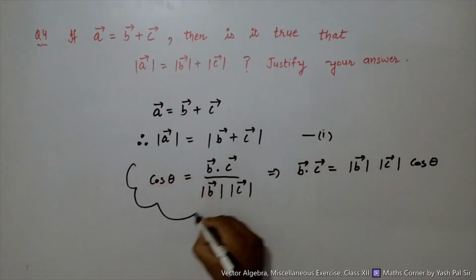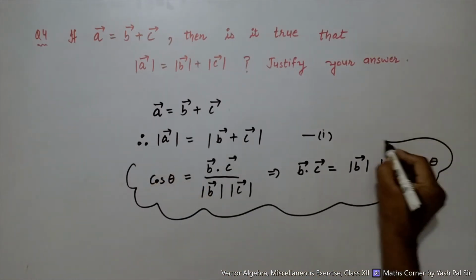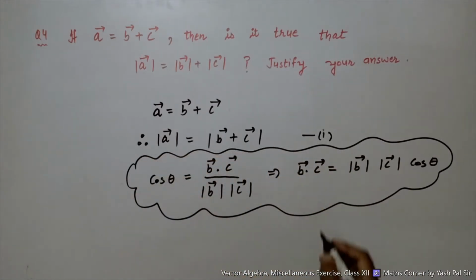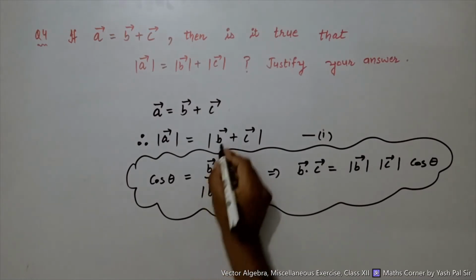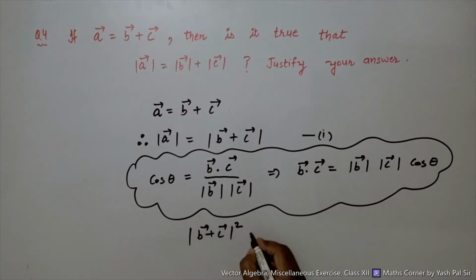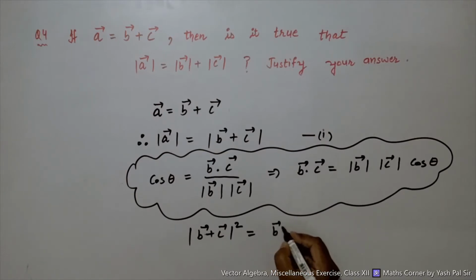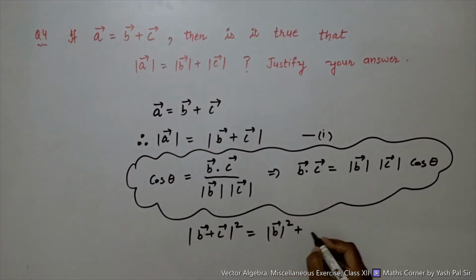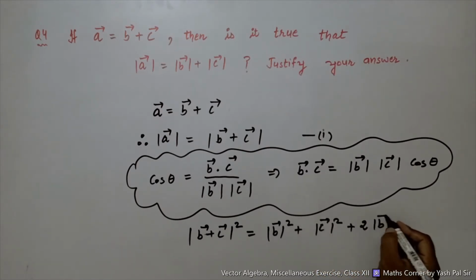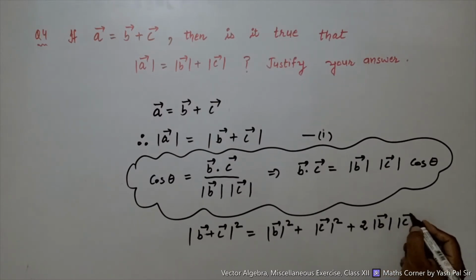Right? So we apply this condition. Where are we going to apply this condition? Suppose we take the square, B vector plus C vector magnitude whole square, which can be written as magnitude of B whole square plus magnitude of C whole square plus 2 times magnitude of B into